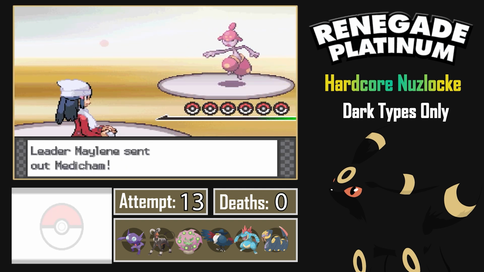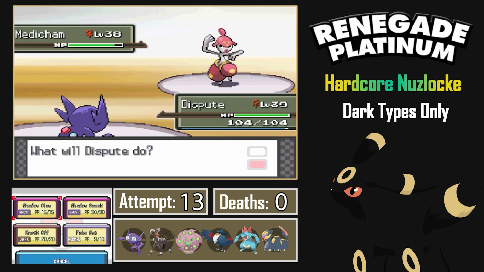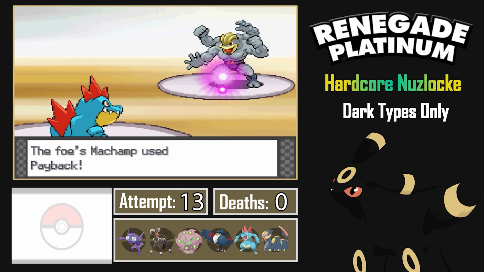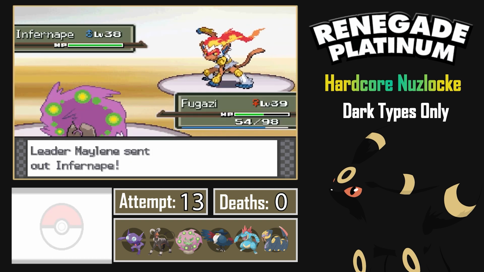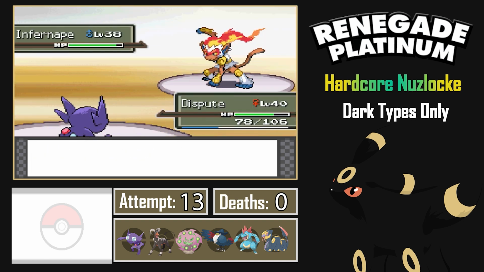Veilstone Gym Leader, Maylene. We have the type disadvantage here against fighting types, but our 2 ghost types should help us out, as Sableye easily handles the lead Medicham, and then against Machamp we switch to Feraligatr for the Intimidate on a weak payback, then go to Spiritomb to avoid its close combat, and take it out with 2 Psychics. Infernape comes in, and I go to Feraligatr again on a weak Fire Punch, and then back to Sableye on close combat to avoid it, get some